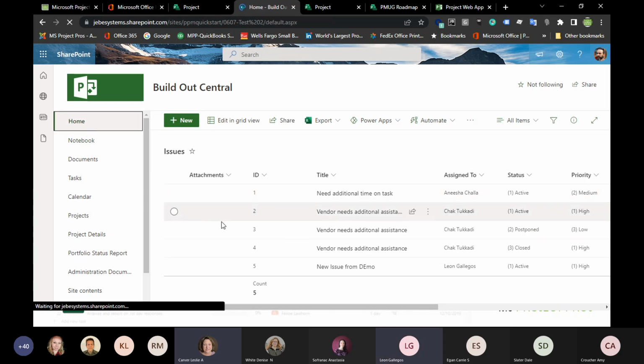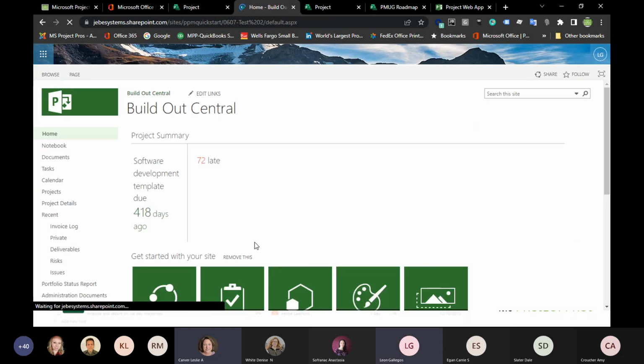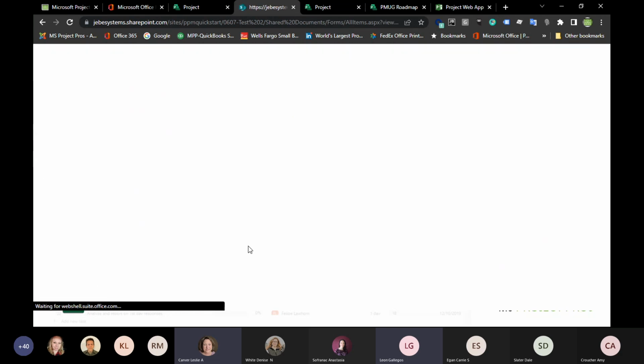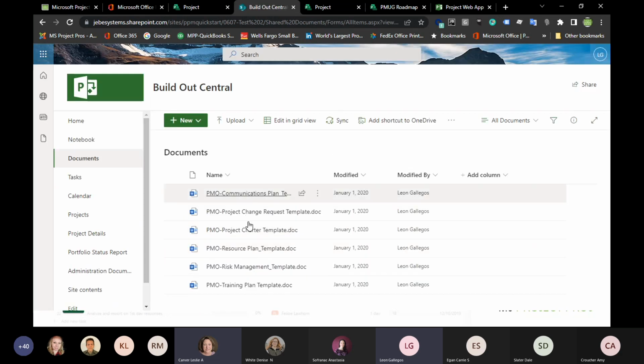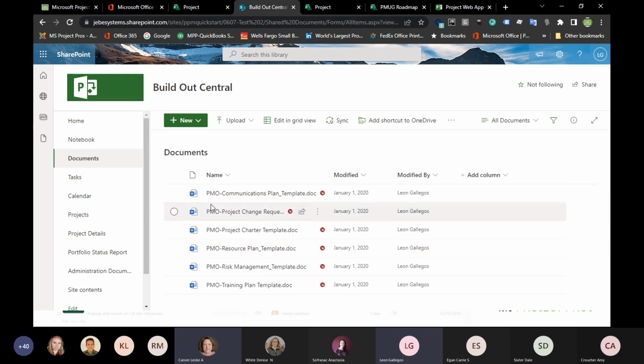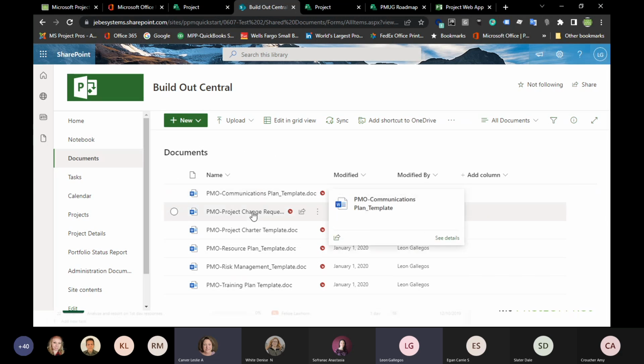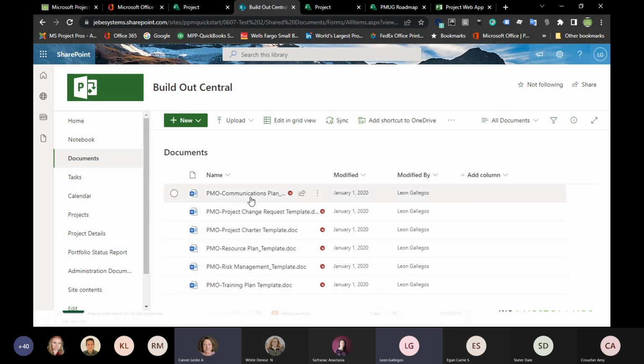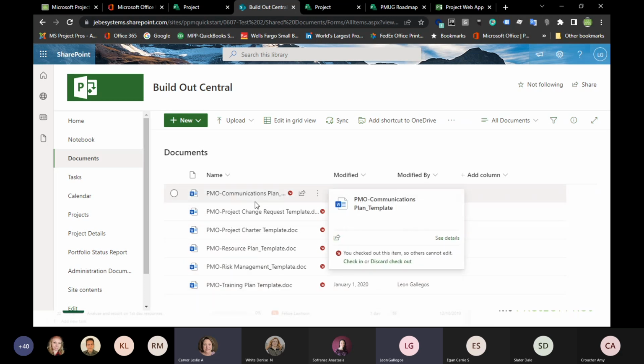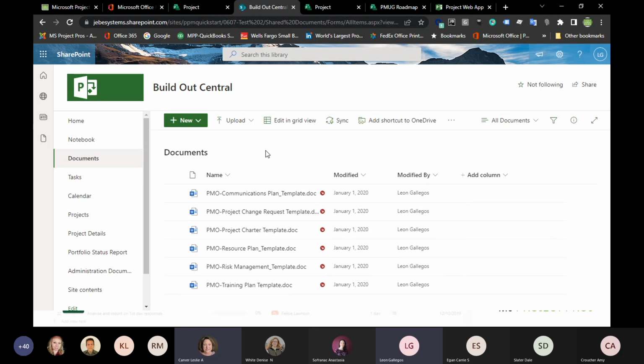Go back to home. The other thing we can do here is store the documents. So you get a document library, and these documents can also be tied back to the tasks. And as you're seeing here, this particular document library already contains a number of project management documents that can be baked into the template. So when the project manager creates the projects and publishes it, when they come into their site, they would already have these documents ready to go, ready to be filled out and managed in here. So there's quite a few benefits to doing that.